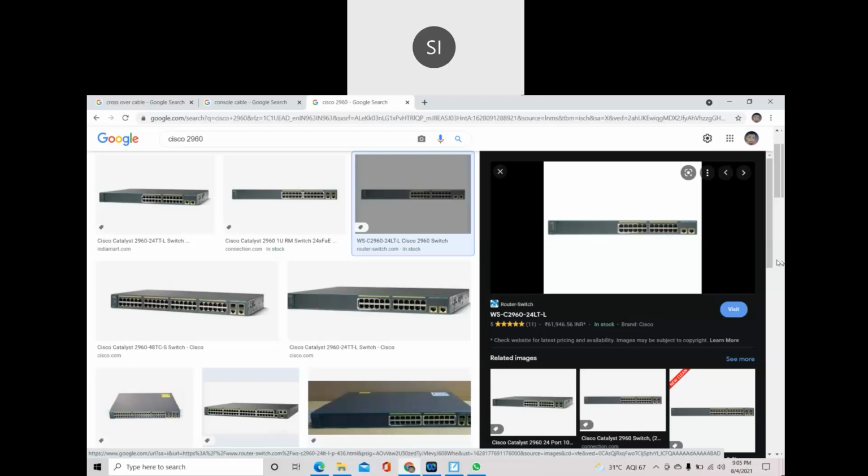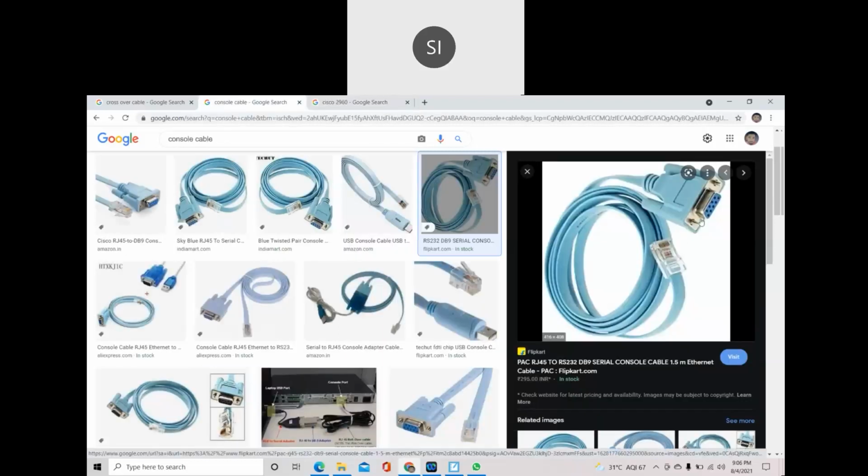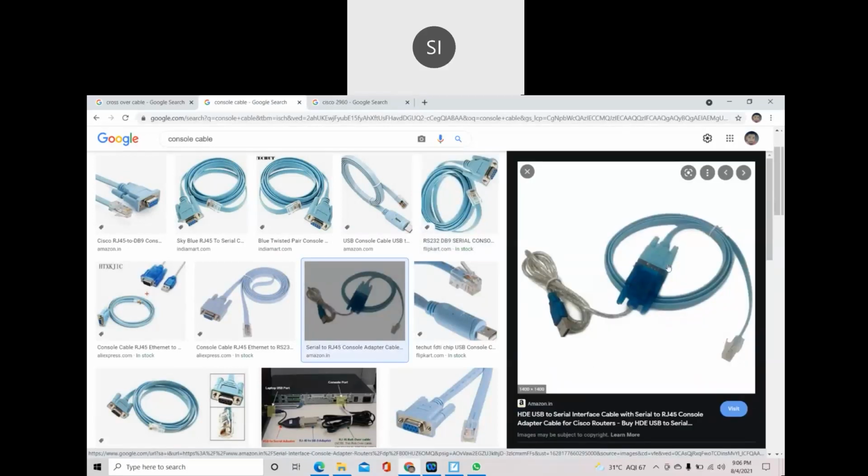Only one port is reserved for the console on all network devices, not only switches but also routers and firewalls. You connect the RJ45 end here, and the other end to your desktop. Most new laptops don't have that port, so you can use an RJ45 to USB converter, which you have to buy additionally.